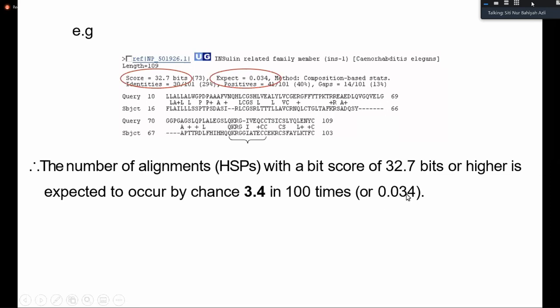Because 0.034 is equal to 3.4 times 10 to the negative 2. Okay, so it's relatively similar to how a statistician would explain, but